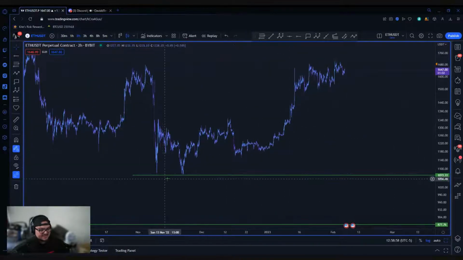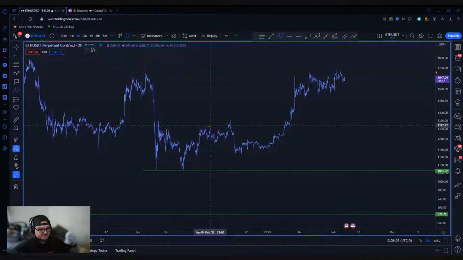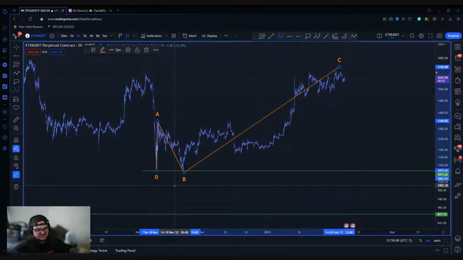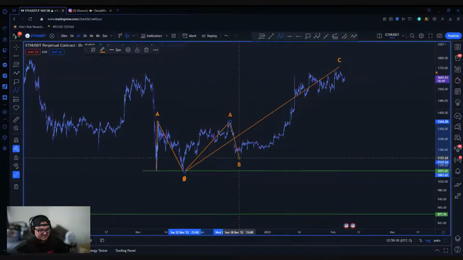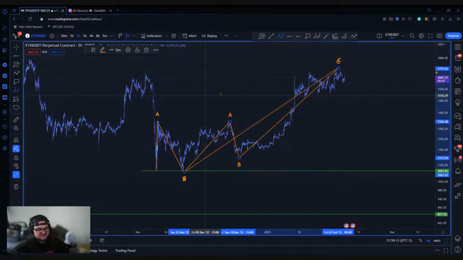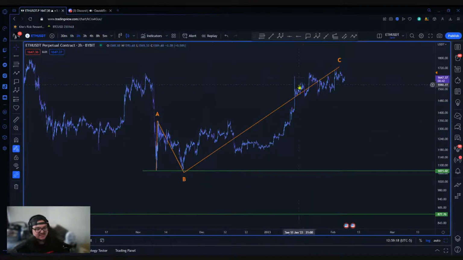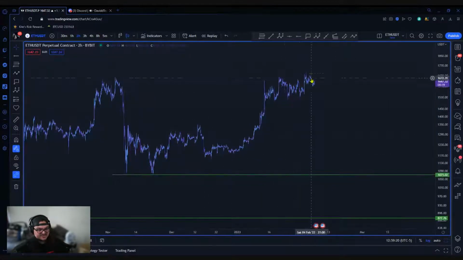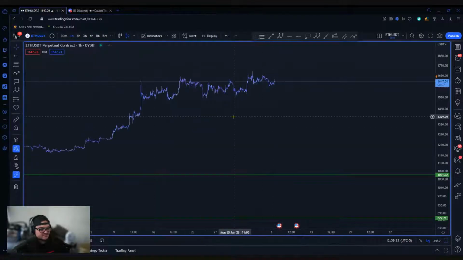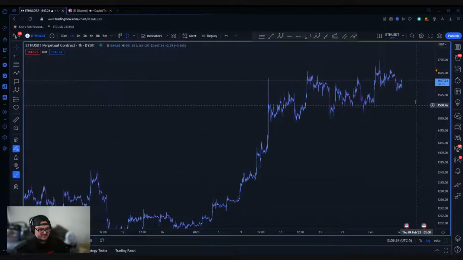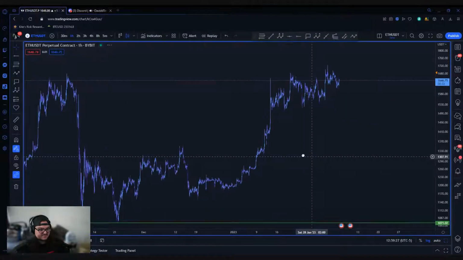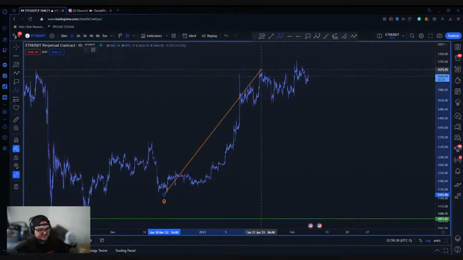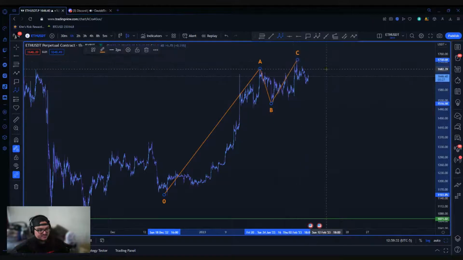Now, we did not get a lower low on here as we did with BTC. So, to me, this is a larger A to a B to a C. And within the C wave, we have an extended A, B, C here. And then, I don't want to go into the choppiness of all this just because it might be confusing for some of you. But at the moment, we're trying to catch an ABC within the larger C wave here. And for me, that's going to be on a 1 hour setup, 1 hour time frame. This is going to be the setup that we're taking at the moment.